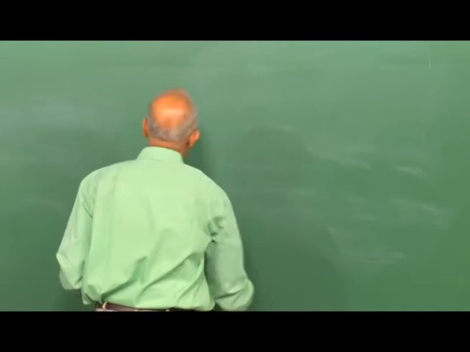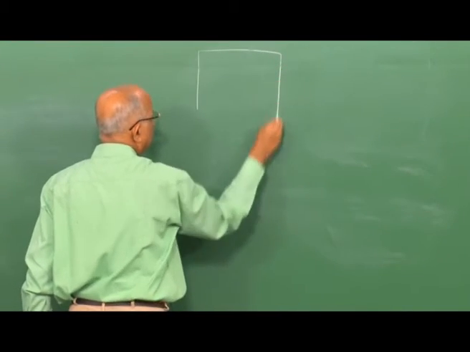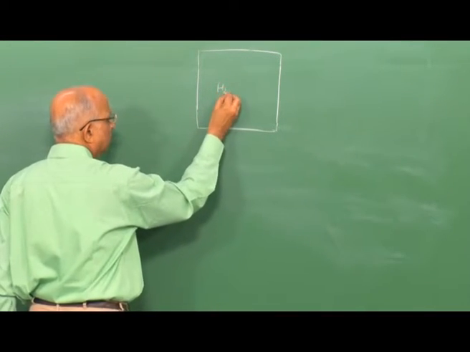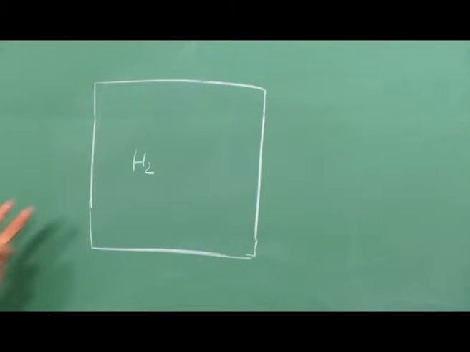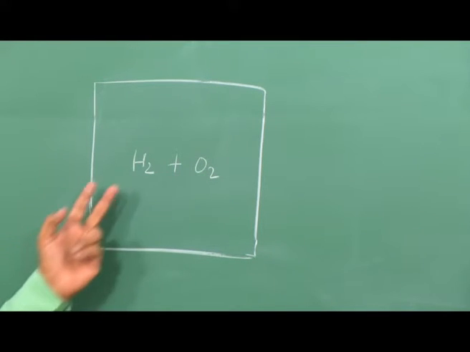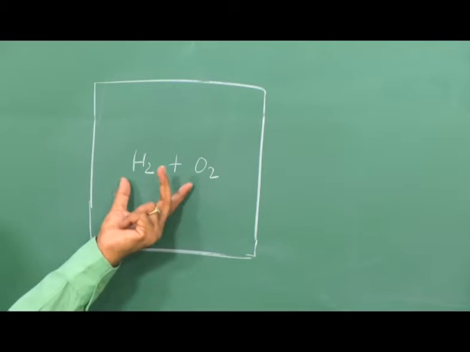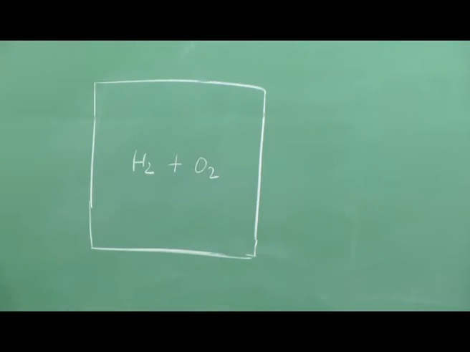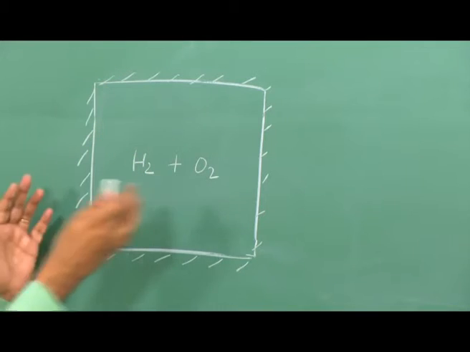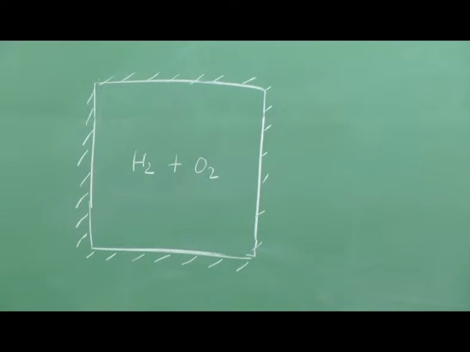Let us say, for the present, I have a given volume. In this volume, which is let us say a tank, I have certain amounts of hydrogen and oxygen, a mixture of gases in a particular tank. All of you know that if I have this tank, insulated, and I do not heat it or do anything with it, I can store this hydrogen and oxygen together for years and nothing is going to happen.